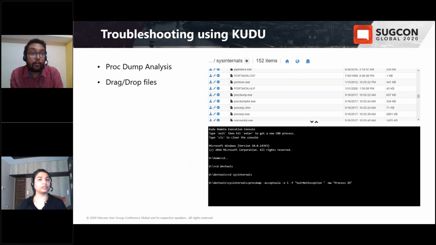The next section is ProcDump analysis. As we are all Sitecore developers, Sitecore support must have asked you to provide a memory dump of your application when it is causing issues. So we might have used ProcDump for collecting our dumps. In Azure Web Apps, there is no need to install ProcDump specially because it is available by default. We just need to browse to that particular path, and then execute that particular command with respect to our process, which is the W3WP process that is running. Now let's see this in the Azure portal.